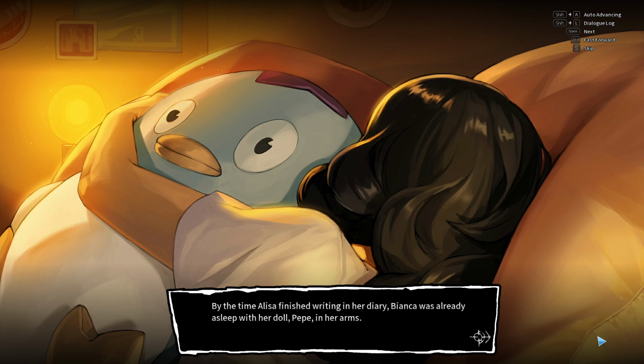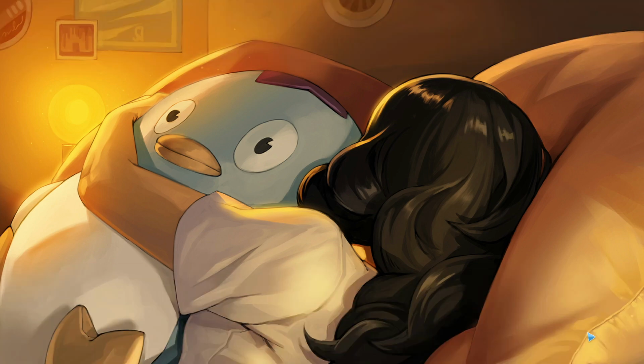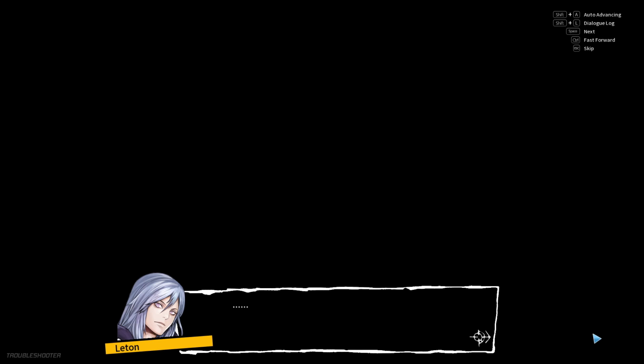By the time Elisa finished writing in her diary, Bianca was already asleep with her doll, Pepe, in her arms. Aww. Usually, Bianca would not fall asleep until after Elisa finished writing in her diary. Must be pretty tired. Yeah. It's a cool relationship between them. Meanwhile...